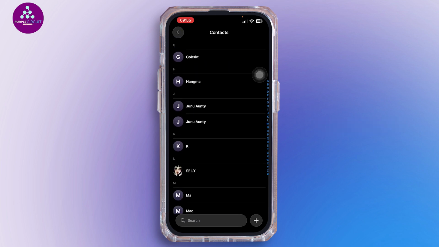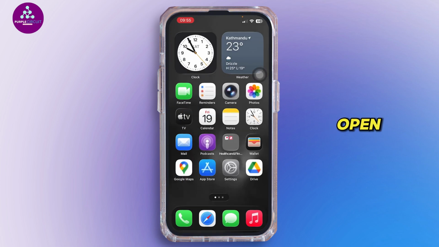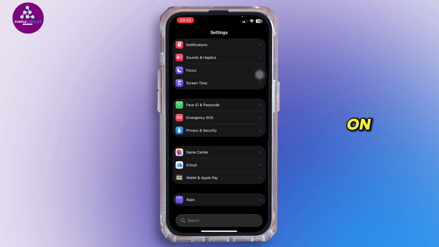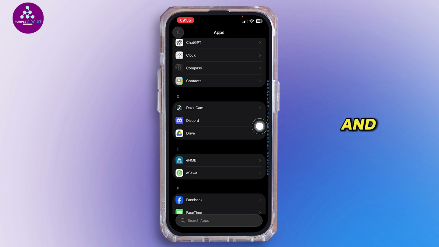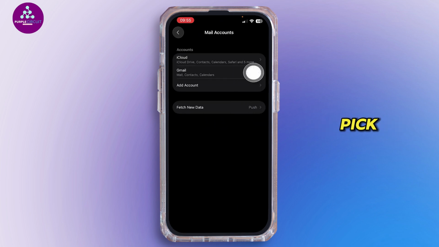Another way to restore your contacts is to head back to your home screen and open up settings again. Inside settings, scroll below, then tap on apps. In the apps section, search for mail and then tap onto it. Now inside here, you want to go ahead and simply tap on mail accounts and then pick your email account,